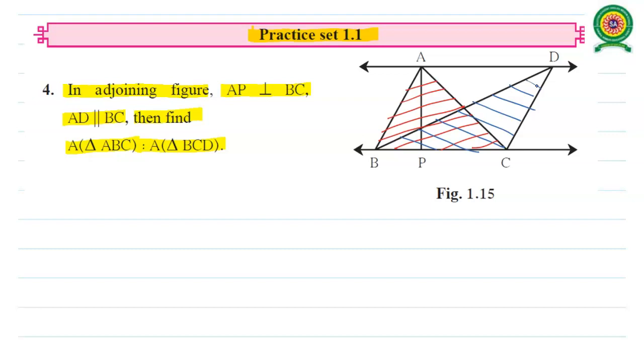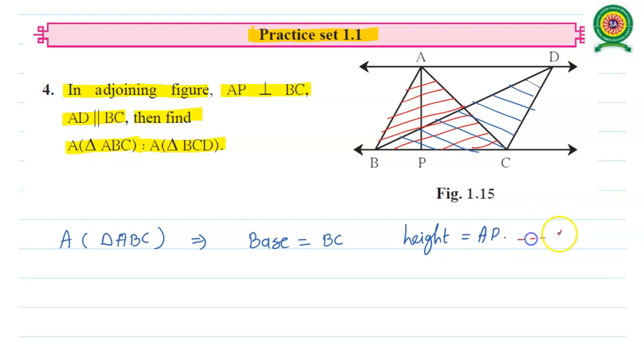Once we have been given that AP is perpendicular to BC as well as AD is parallel to BC, if we find the perpendicular distance between parallel lines anywhere, it is constant or the same, keep in mind. Now for triangle ABC, which is the base and height? I am writing here: base is BC, as the perpendicular is drawn on the side BC of the triangle, so BC itself is the base and the perpendicular itself is the height, so the height of the triangle is AP. I am also writing the reason: AP is perpendicular to BC.